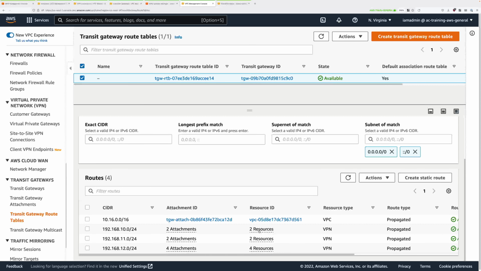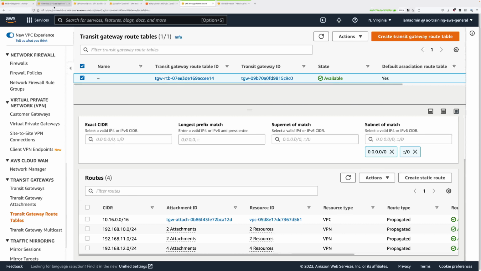And if we were to add another subnet at the on-premises side, that too would be advertised and automatically configured within the transit gateway. Now, because the transit gateway does have a VPC attachment, it should mean that we can communicate from the VPC instances at the AWS side through to the on-premises side and vice versa.